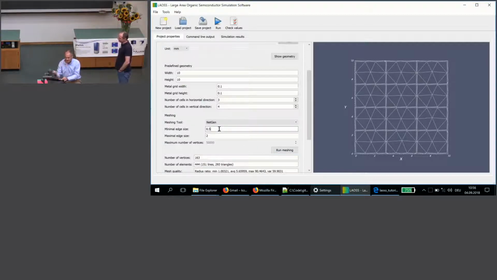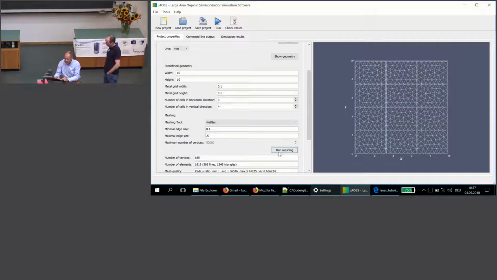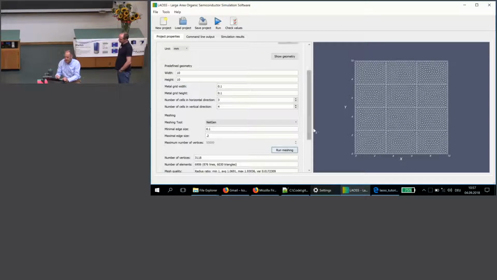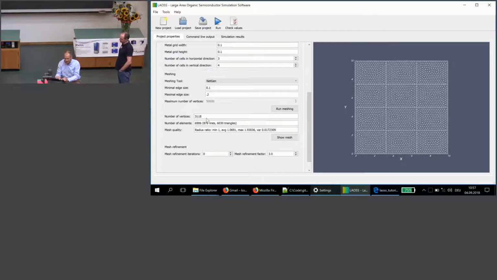And then the idea is, okay, maybe it's better to make a smaller element size, and we can just decrease and rerun, enter. 0.5 we will select as the maximum size, and then you realize, now it's looking more reasonable, but maybe we can even limit more and decrease this to 0.2,